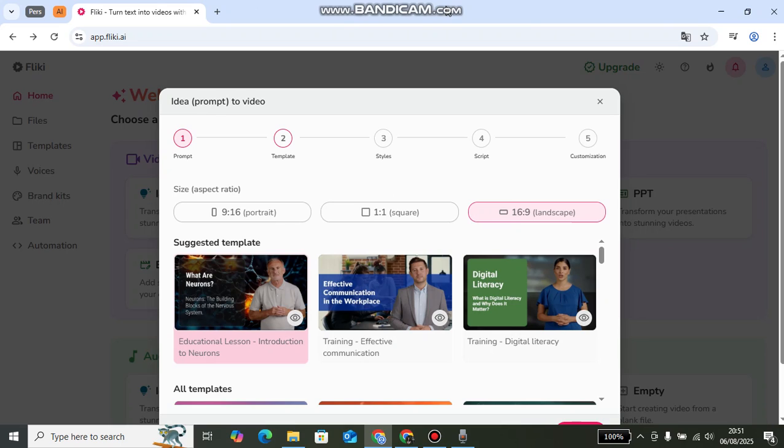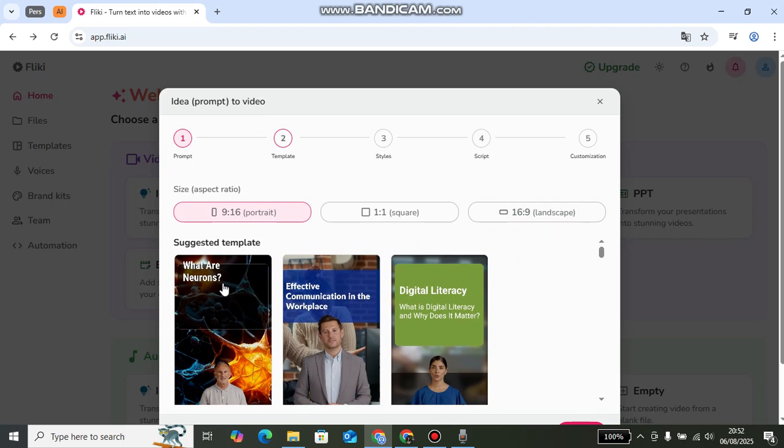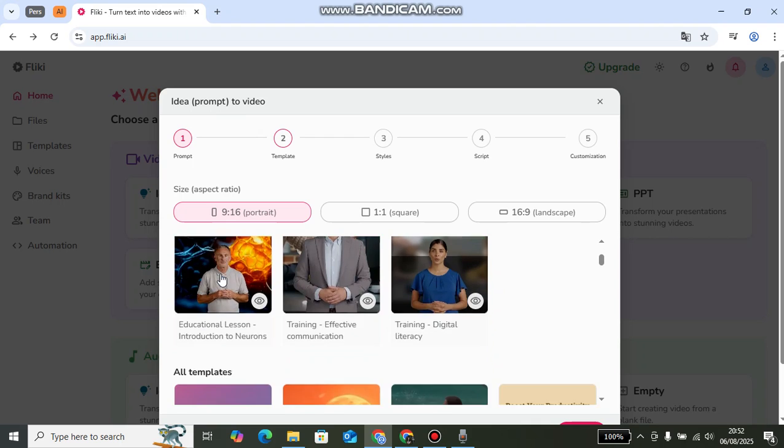And this is the second step of creating the video. Then you can choose the ratio, and it depends on the media that you would like to present this video. If you would like to present it on the mobile phone or social media, then this portrait ratio will be suitable for you. And if you would like to create it in landscape ratio, then you can choose this landscape. Let's say I will choose this portrait, and I will choose this suggested template,